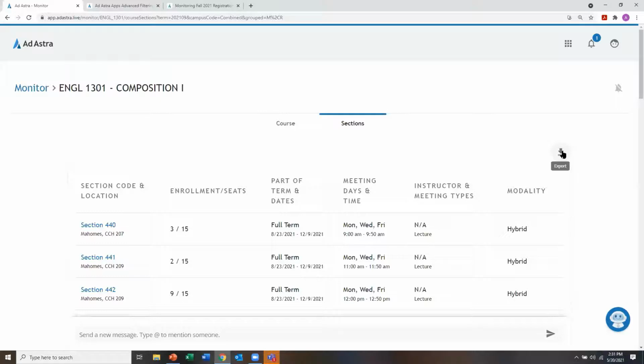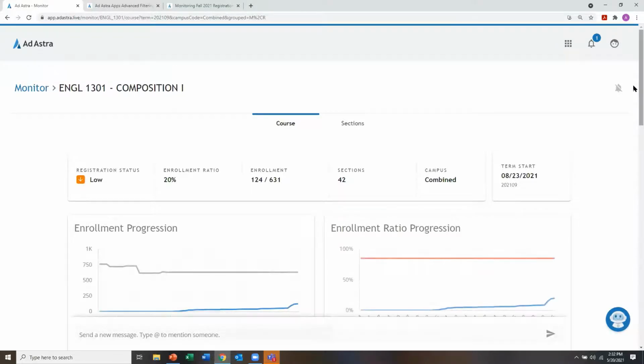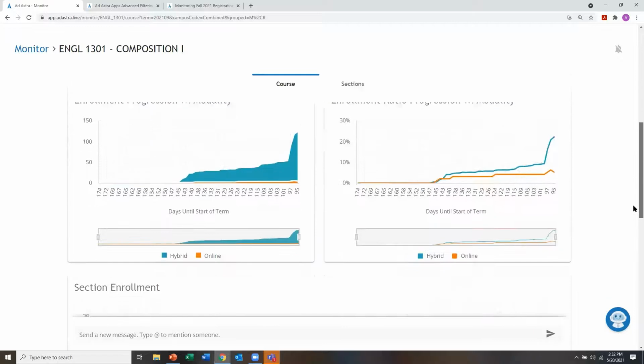Obviously, hopefully by now you're starting to see we want you inside, interacting inside of the application. But for those that really love Excel and pivot tables, we want to be able to bring some of that reporting to you too. And so you can do a quick export and extract this information. So that's shown right here, just a jump over from the default tab, which is course. Go back there and we're going to continue scrolling down